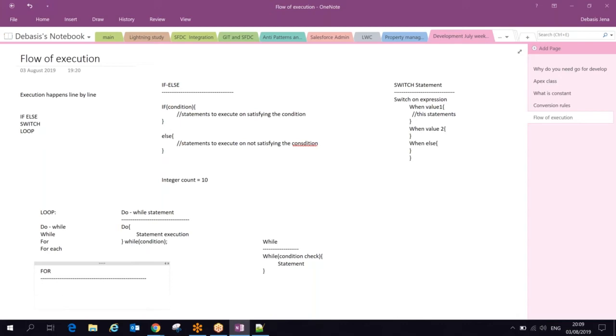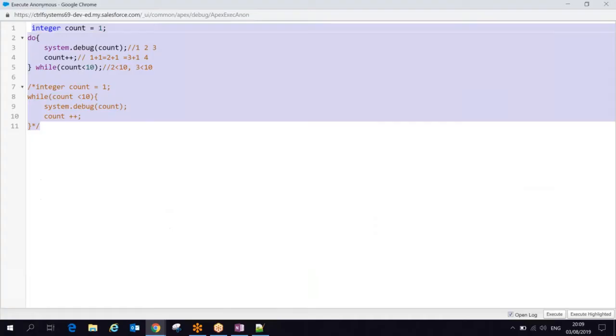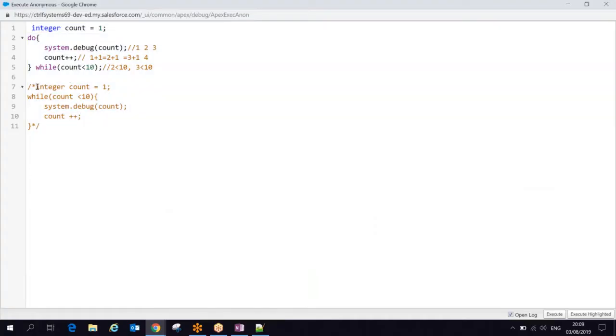The while, same kind of thing. In the while statement, if you see, we are dividing this in three parts. Let me give more clarity on this. In the while, first I initialize what value is. Then, if you see, I check the condition.